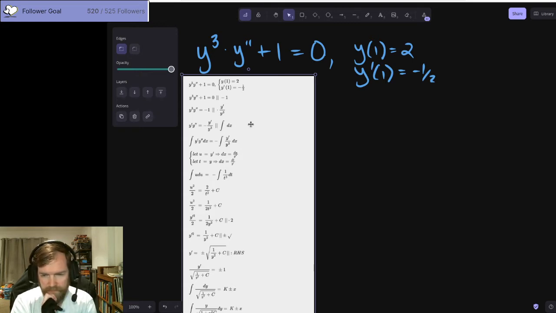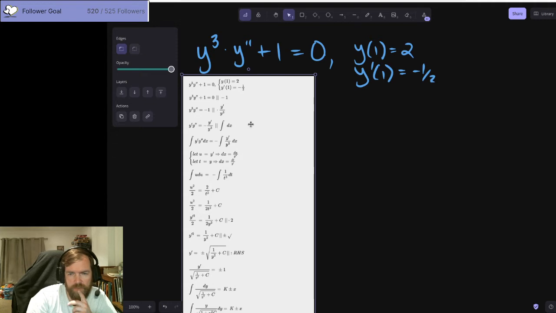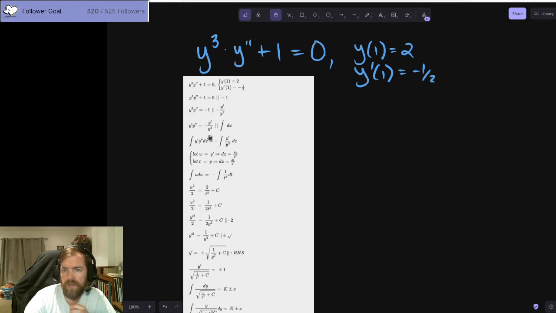Okay, so one of the things that you would probably want to just double check is to see whether your constants have stayed mathematically equivalent the whole way through. So like, right, if you've got a C here,